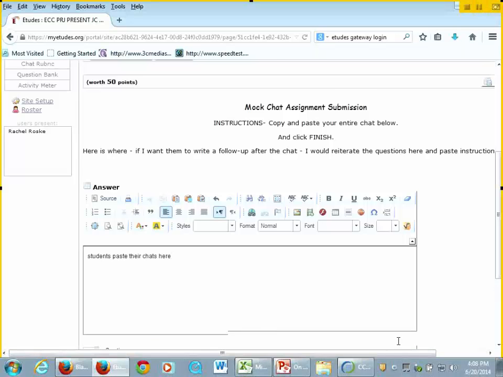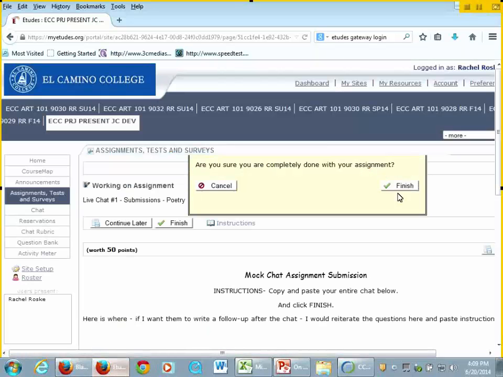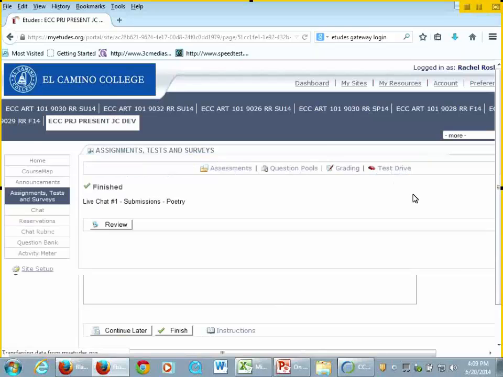One is always concluding what they've just discussed, if they've changed any ideas, or if they learned anything from what other people said, or did they get any new insights from their classmates, or did they learn that not everybody thinks the same way that they do. And then I usually have a second question that has to do with a forthcoming project that they're working on, if they've planned it, et cetera. It depends on how deep the material is. And so they copy and paste that there, and they click finish, and then I get to grade it, like I said, in chunks. They have 3 to 5 students